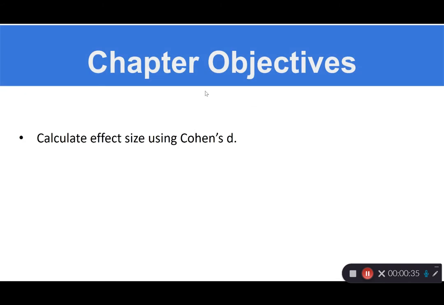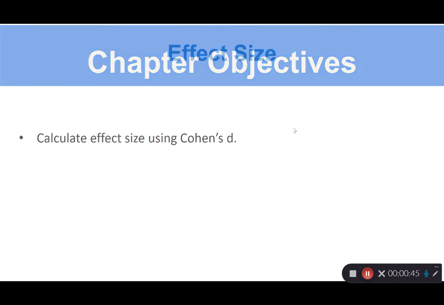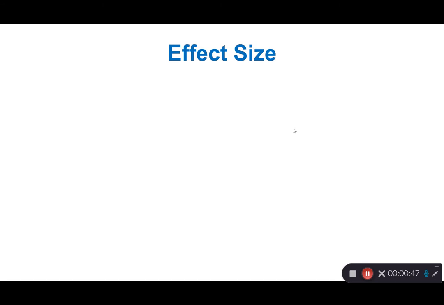All right, so again, when you get done with this slideshow, you should be able to calculate effect size using Cohen's d. Cohen's d is a way to measure this thing that we call effect size. Effect size, you could think of it as really the difference between the two sample means. Right? For example,